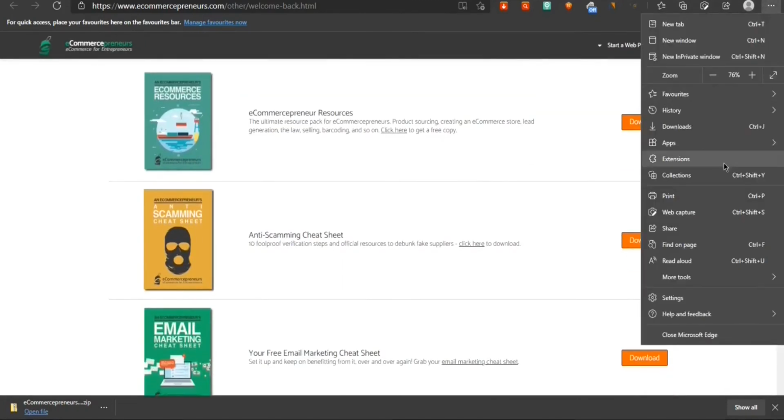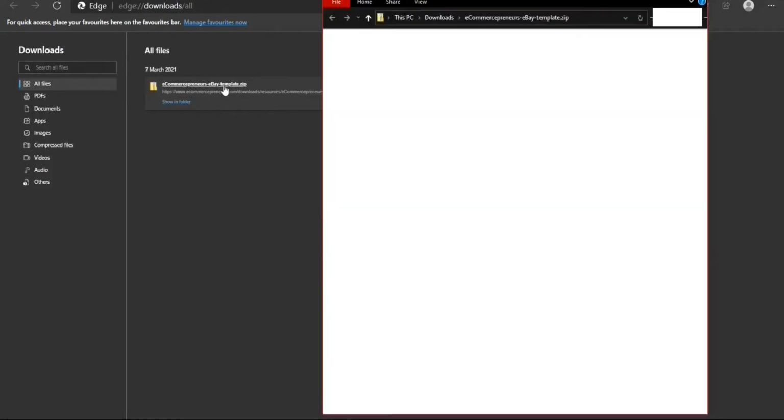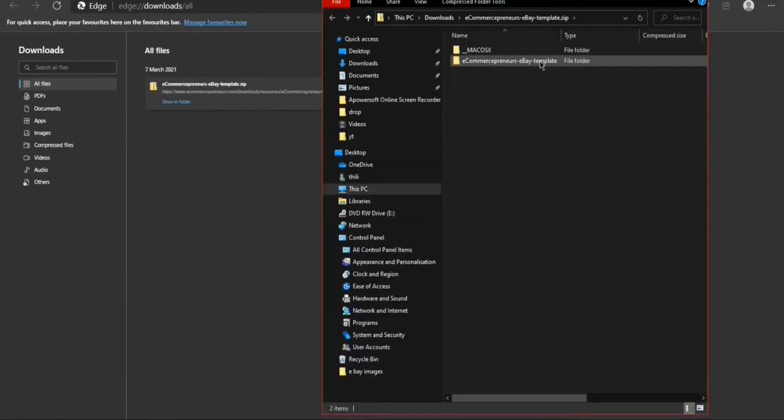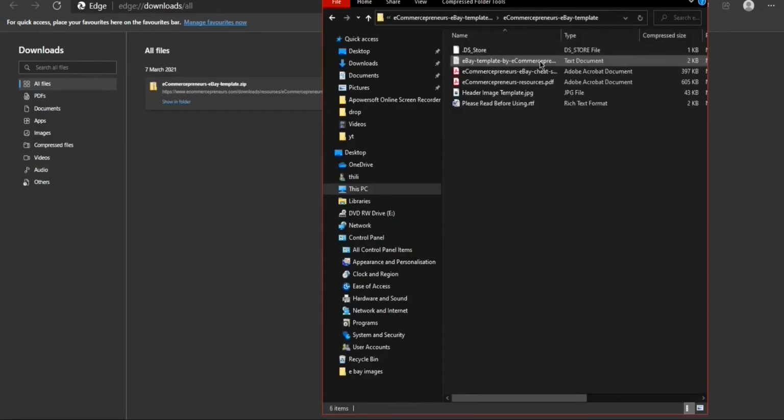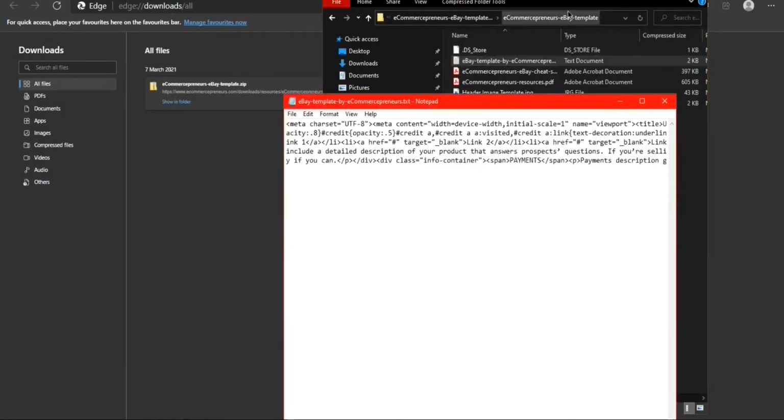Then you have to unzip this folder. Then open a text document in there, copy that code.